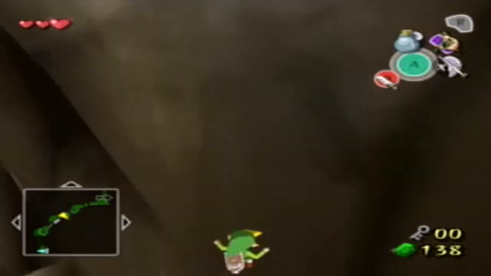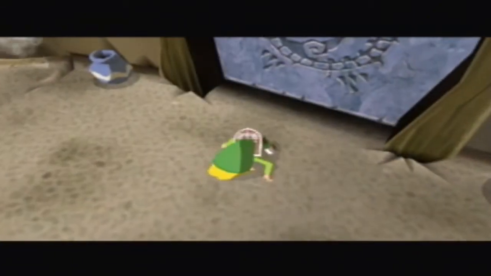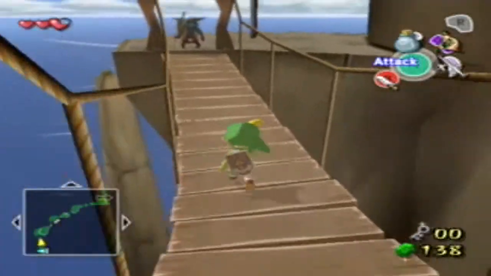And then you kind of... A is let go, Andrew. That was just stupid. Up is to get onto the ledge, and A is let go. I don't know how many times that's destroyed me in Zelda games. Anyway,